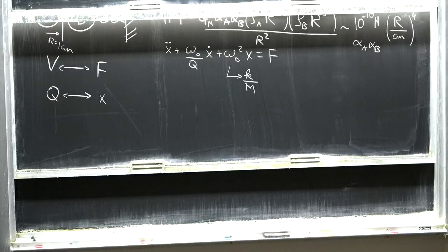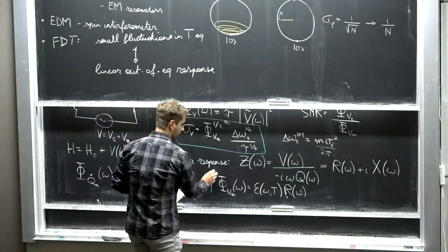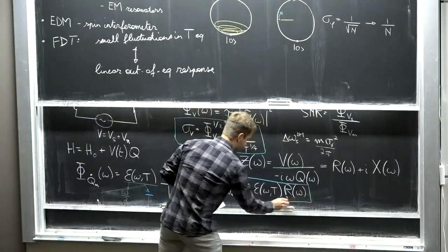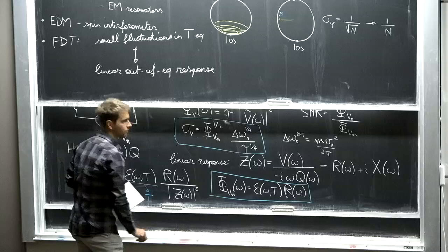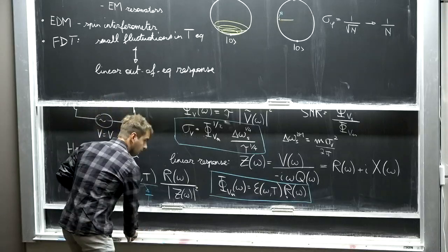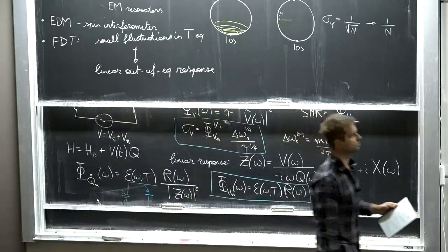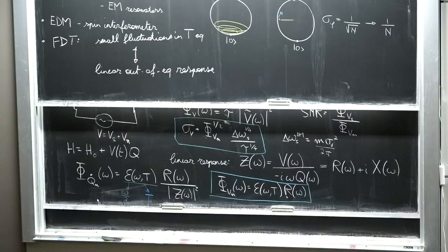I would have to know this power spectral density, but I know it from this generalized resistance. This generalized resistance will be proportional to the inverse of this damping factor here. So if you apply the fluctuation dissipation theorem here,